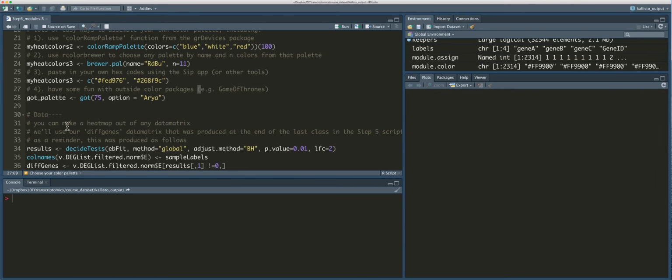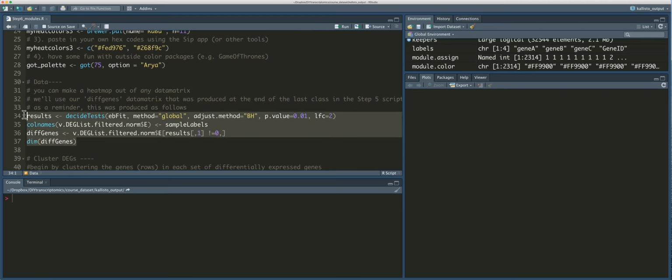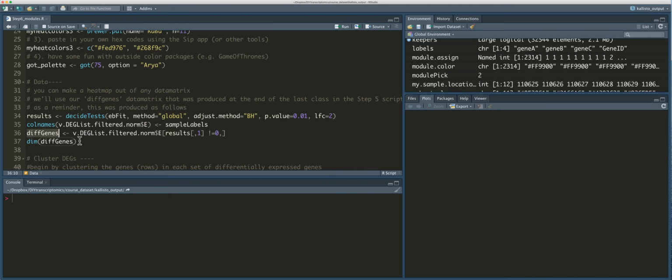And so I have a code chunk here, but really this code is all stuff you should have already run in the step 5 script, and you should have these objects, results and diff genes, in your R environment. If you don't, you can just rerun this, but if you saved your R project, they should be here. It also just gives us an opportunity to refresh our memory on exactly how this diff genes object